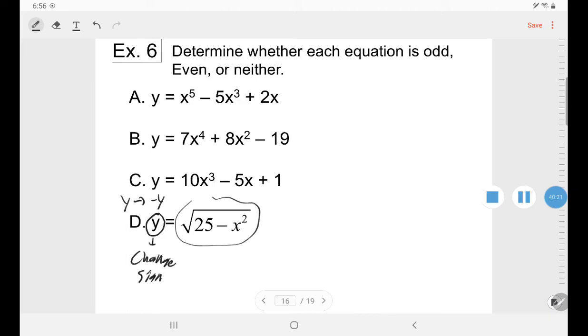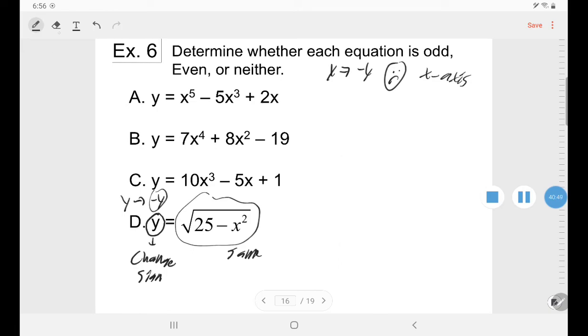And then this will stay exactly the same because there's no y's in it. So some signs change, some signs don't, which means if I change y for negative y, it doesn't work, which basically means I know it is not x-axis symmetry. I guess that wasn't even something I asked, but